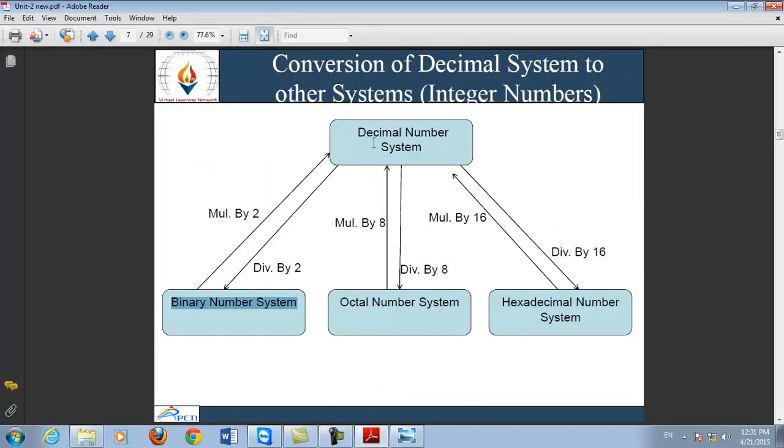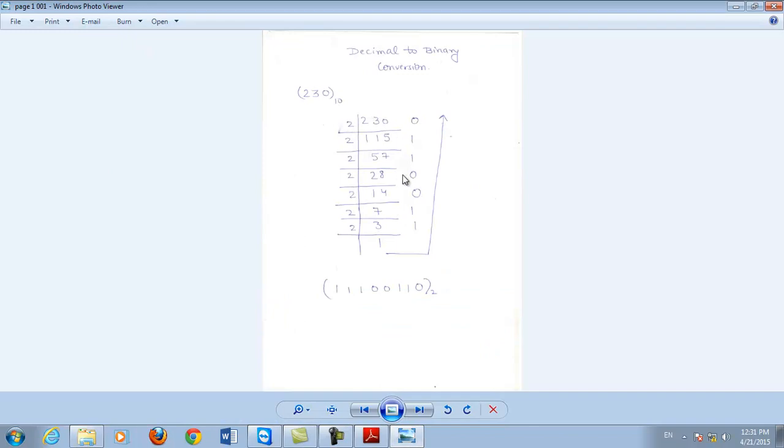As I told you, to convert the decimal number into the equivalent binary, you have to divide it by 2. There is a number 230 base 10. It means it is a decimal number. And if you want to convert this number into the equivalent binary number, then you have to divide it by 2. That is 2 ones are 2, 2 ones are 2, remainder 1, and 2 5s are 10, remainder is 0. Again 2 5s are 10, remainder 1, 2 7s are 14, remainder is 1.